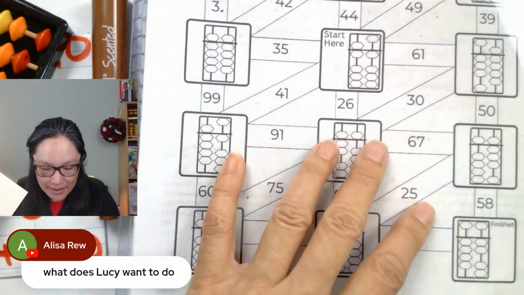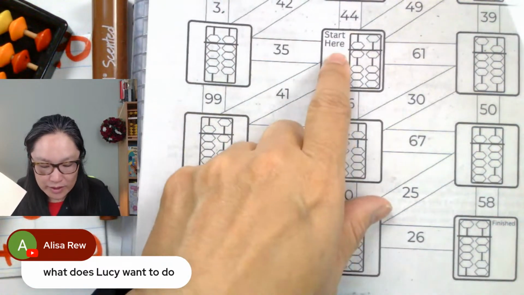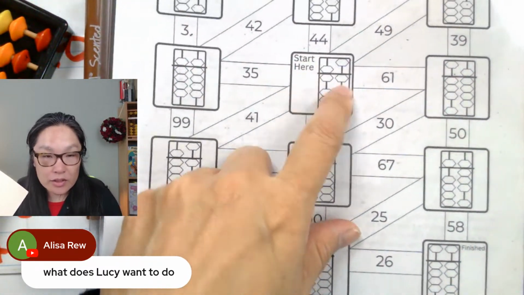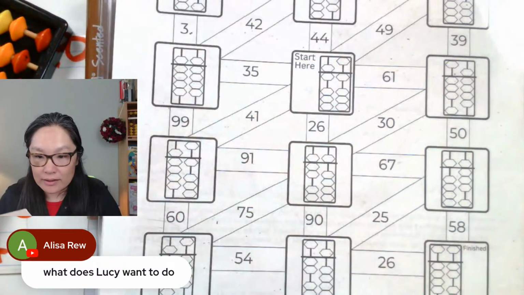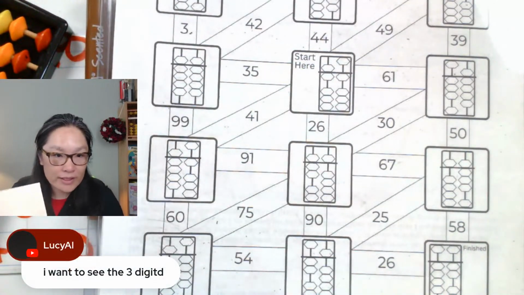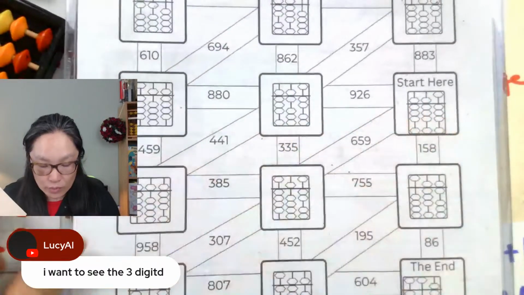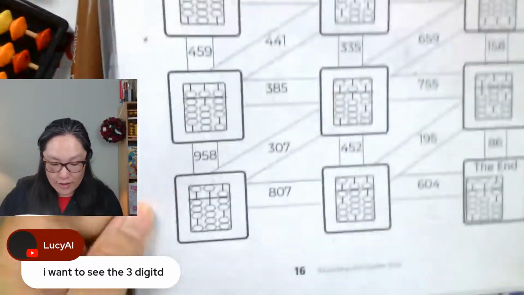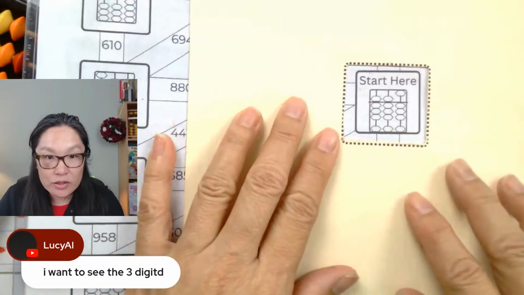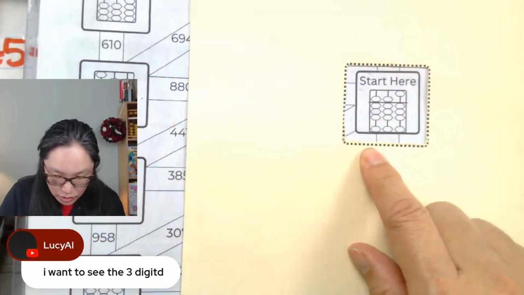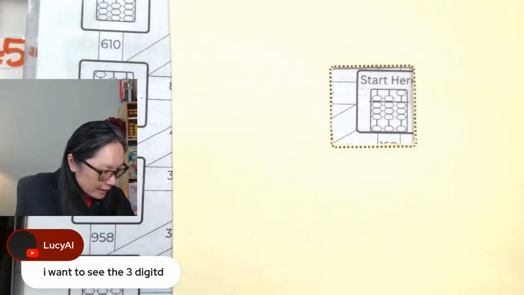So this is a maze, and what we do is we read the abacus. And so here is to help understand. I want to do 3 digit. Okay, great. So we're going to do the 3 digit, and again, it's a maze. We start from here, and after that we will end from here. As we go through, the idea is to figure out what this number is. So if I have this number,